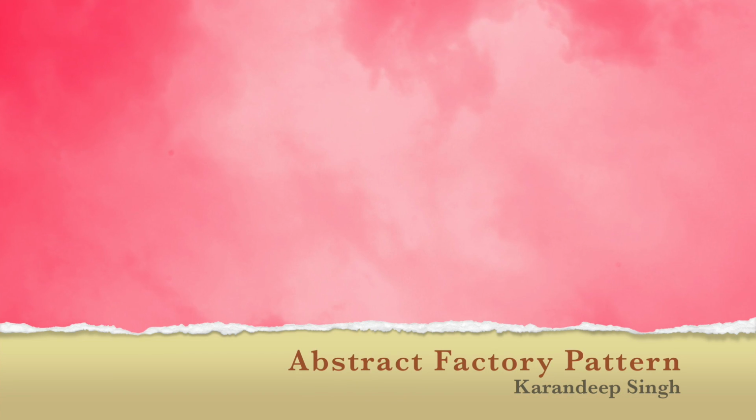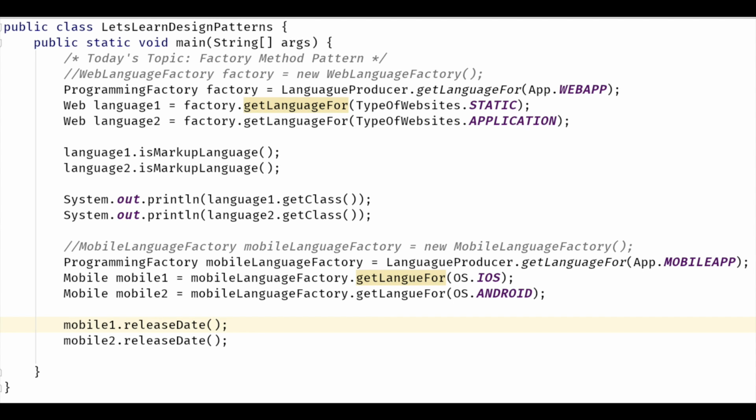Today we will learn about the abstract factory pattern. The abstract factory pattern works around a super factory which creates other factories. This factory is also called a factory of factories. This type of design pattern comes under the creational pattern, as this pattern provides one of the best ways to